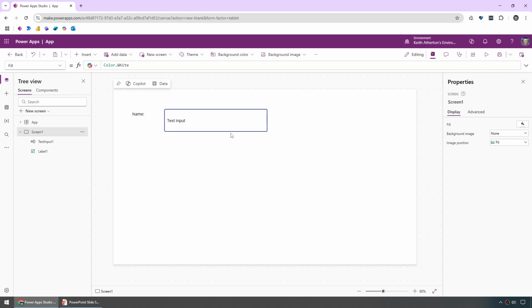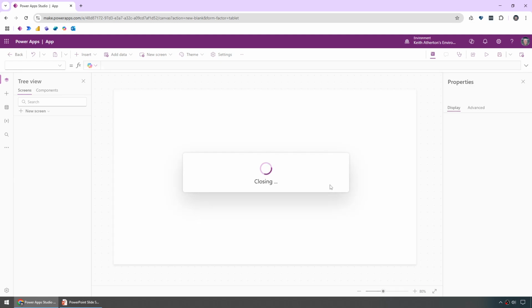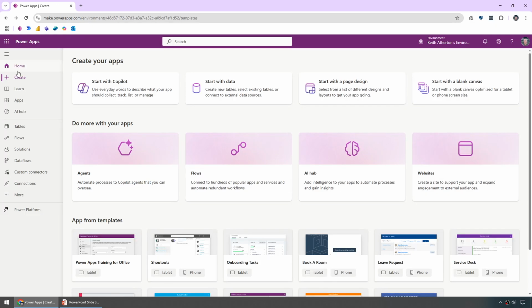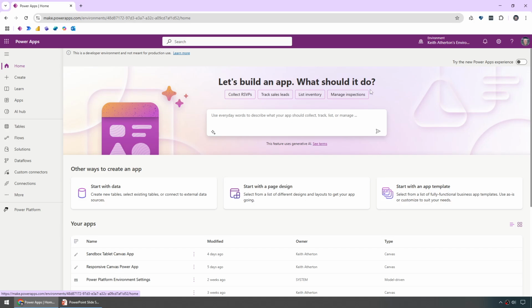However, we're just going to leave this one behind. I'm just going to go back here. Don't want to save that. Let's go back to the home page. So while we can create them from scratch, again, we're going to look at some Copilot options today, and a way where we can use natural language to describe what we want it to do to build up that app for us. So when we go to this home in the navigation, we're actually prompted front and center